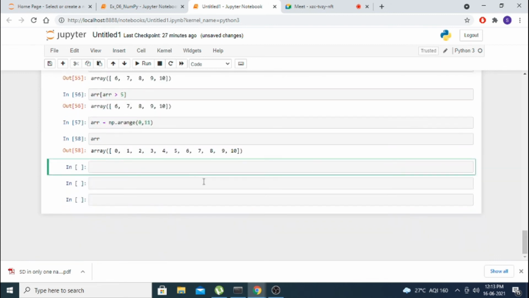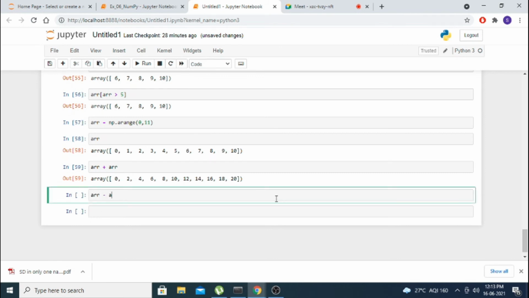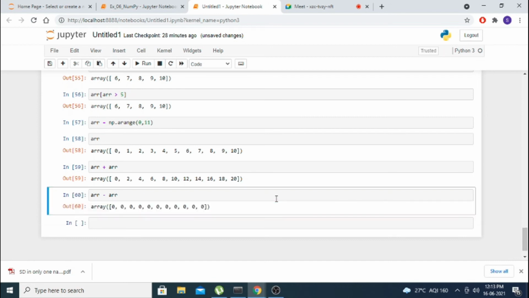Now here ARR plus ARR you can do. It will give you the addition: 0 plus 0, 1 plus 1 is 2, 2 plus 2 is 4, like that it will give the additions. Similarly, ARR minus ARR is all 0.